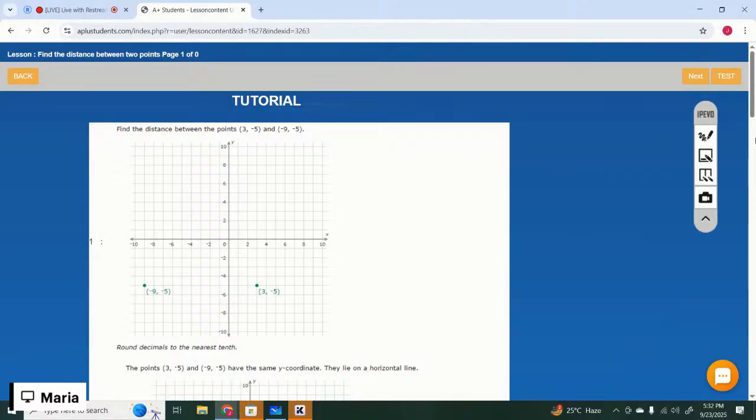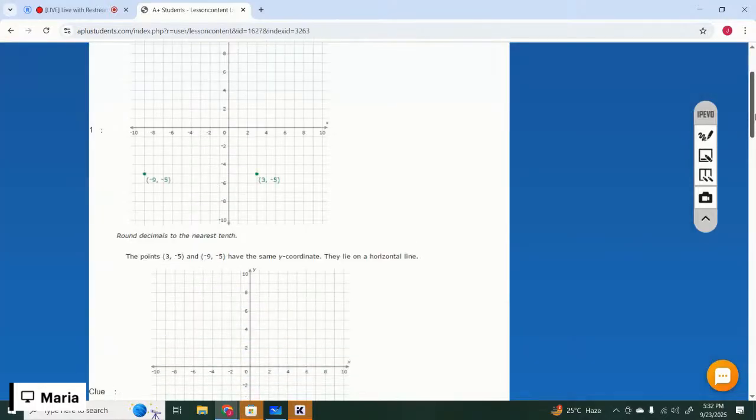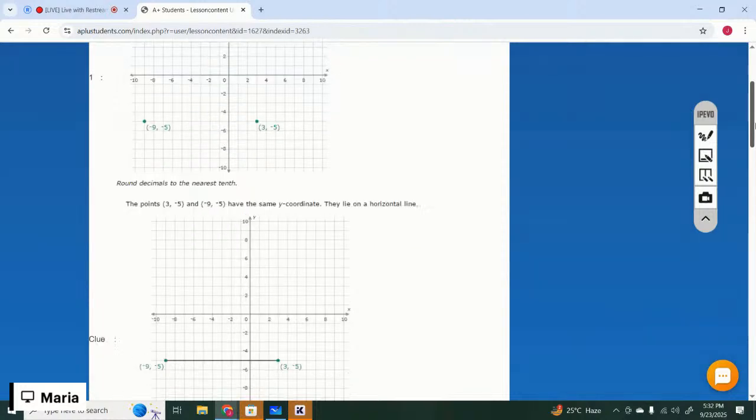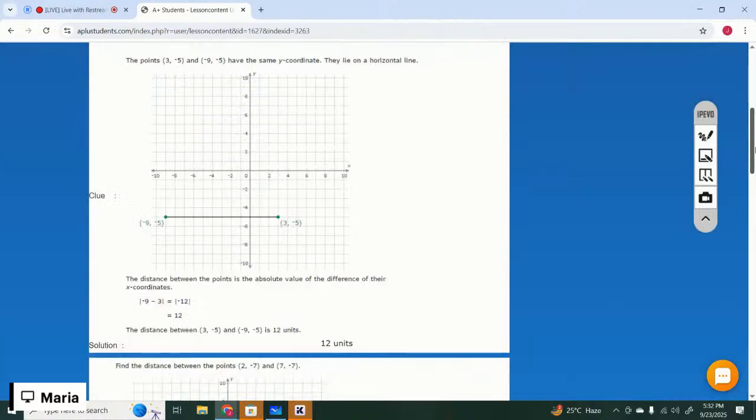Find the distance between the points (3, -5) and (-9, -5). The points have the same y coordinate. They both have -5, right? So that means the line is a horizontal line. Now you can simply take the coordinates at their absolute value, -9 and 3. So the distance between